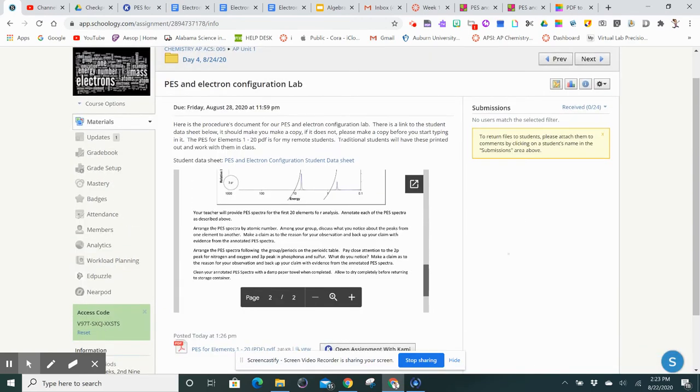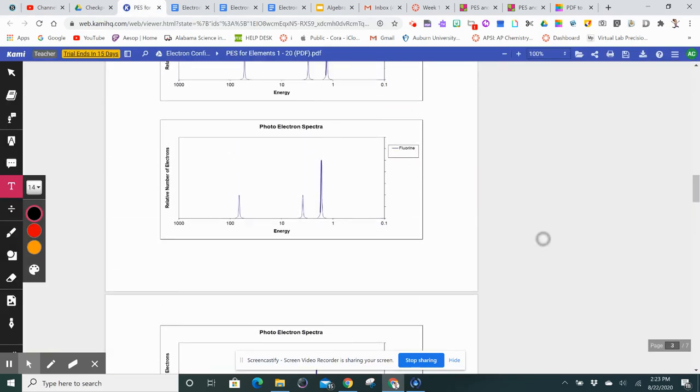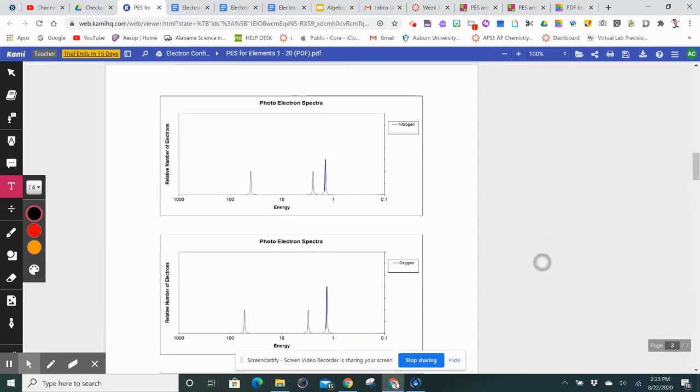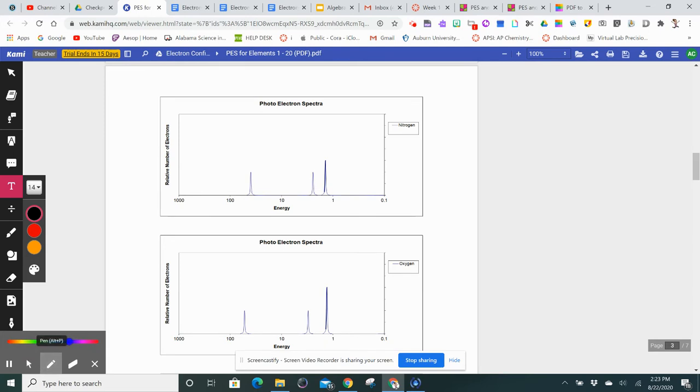All right, so for example, let's pick nitrogen. This is the photoelectron spectrum for nitrogen, and what you want to do is look at the energy values. The lowest energy value means those electrons are going to be the easiest ones to pull off. Compared to the higher energy values, those are going to be the ones closest to the nucleus. So these electrons are closest to the nucleus, whereas these electrons will be the ones furthest away. So if this is our nucleus right here, and nitrogen has an atomic number of,